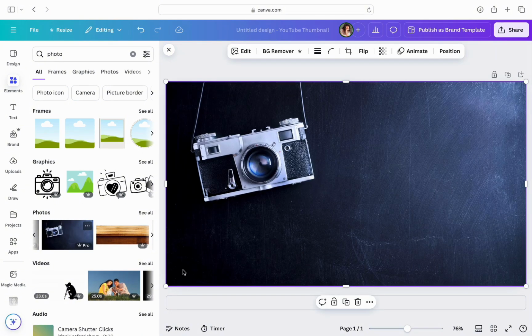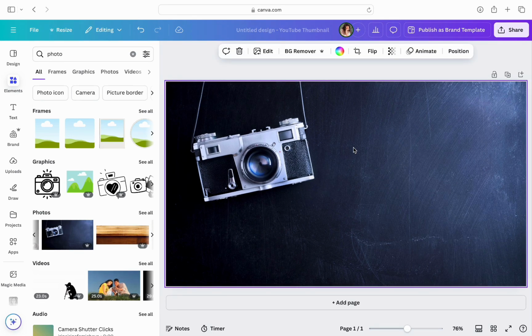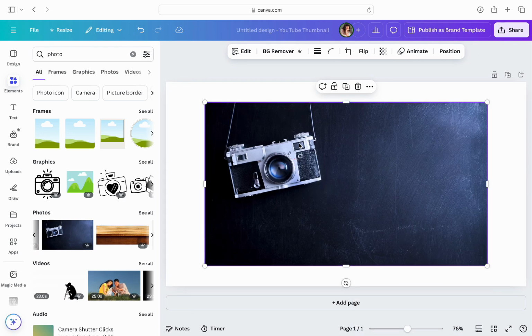The other thing you can do is fit this image as background, and you won't be able to move it. For that, insert the image and then just right click on the image and select replace as background, and it is set as background. Now in case you want to remove it as background, just right click on the frame and then click on delete image from the background, and it's back to being an image.